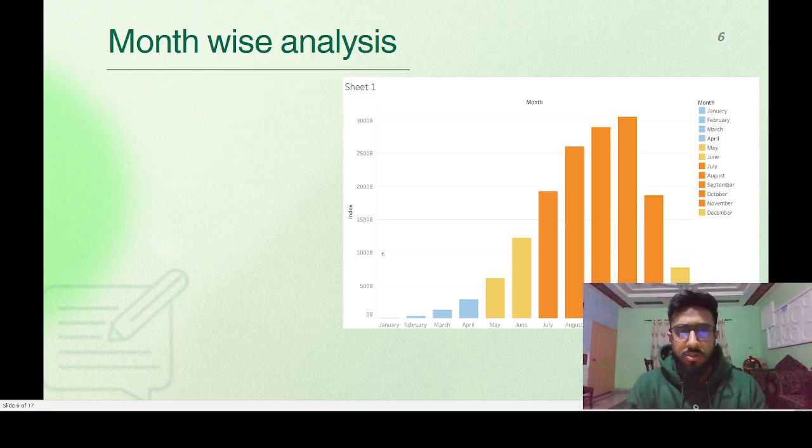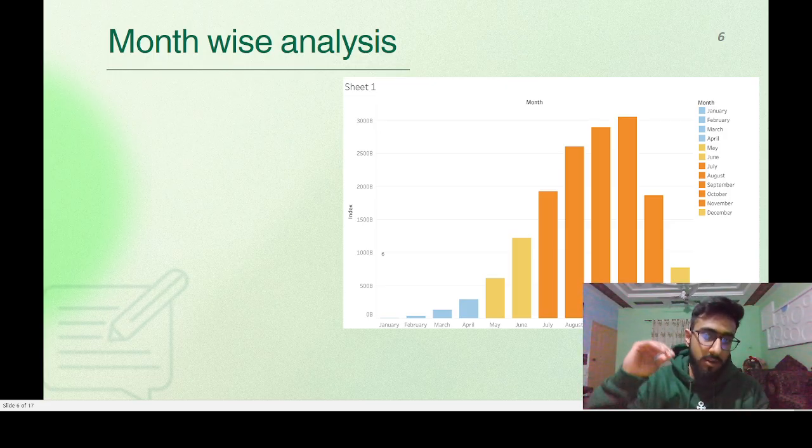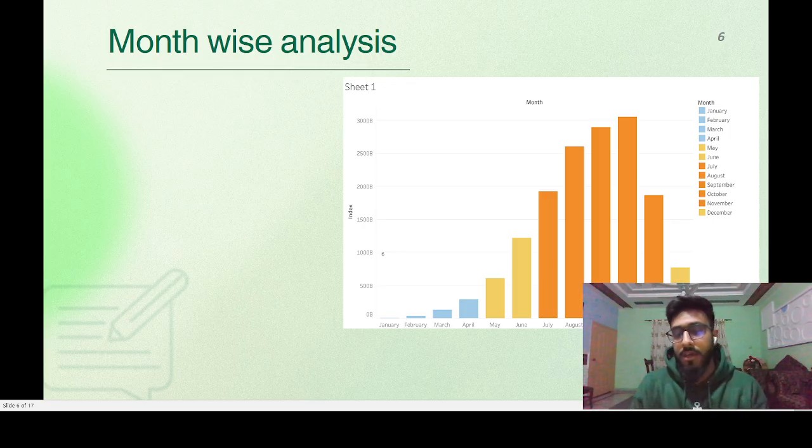Now, if we go onwards towards the month-wise analysis, we can see the overview of each month's usage. On the y-axis, we can see the number of trips, and on the x-axis we can see each month. Starting from January till April, the rides are quite low, and then moving onwards, we see a big increase in the number of rides up till October, and then there's a decrease in